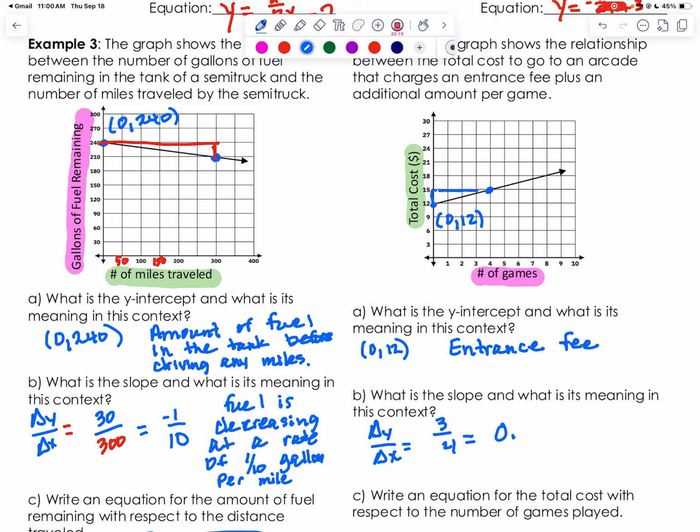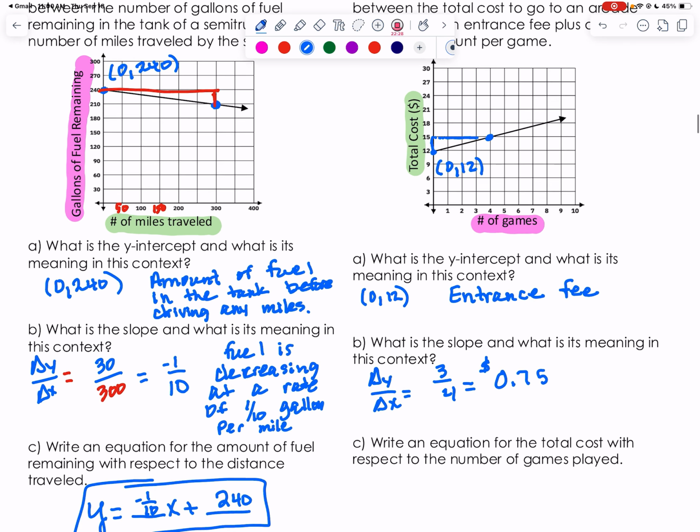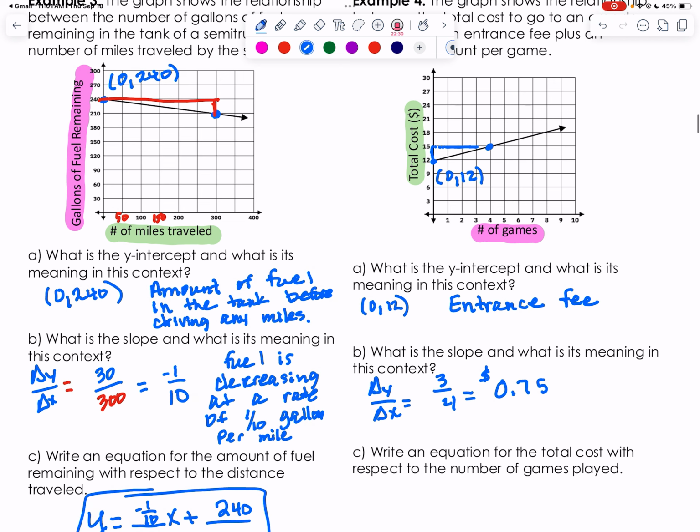So this would be 0.75. The decimal equivalent for 3/4 is 0.75. So what that means is the cost for each game, so this would be each game costs